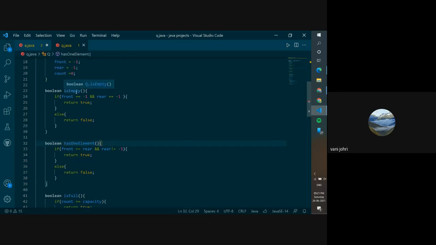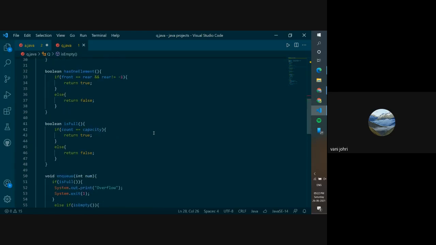To check if the queue is empty, it's very easy. If the front and rear both are minus one, that means it is empty, so we return true, which is a boolean value. Otherwise we return false. And the queue is full when count equals capacity.